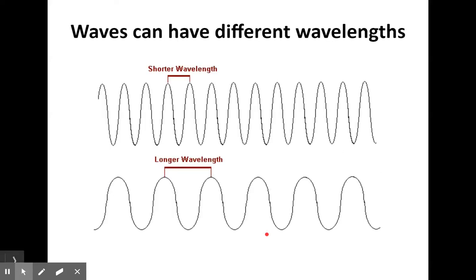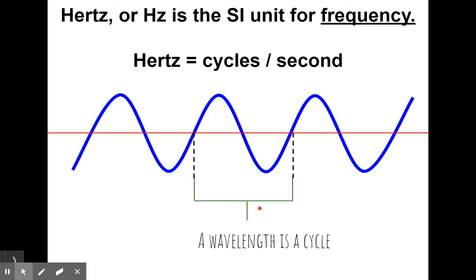Waves can have different wavelengths, and that means different things depending on what kind of wave it is, if it's sound or if it's light. Hertz, abbreviated Hz, is the SI unit for frequency, and hertz is defined as cycles per second. So a wavelength is a cycle. There are other things that don't look exactly like this, but we'd still count them as waves. Okay, so this is one wavelength here, and